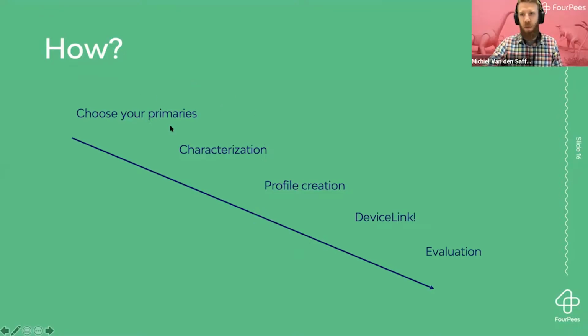First of all is the choice of primaries. We have to decide which primaries we are going to use for our process. Why do we want to use those primaries? These choices have to be made. Then we're going to characterization. We need a press where we're going to print these primaries, and we need to measure and characterize both the press and the primaries for printing so we can use the data. We'll need to create a profile to do both the characterization and the profile creation. You're going to need a good tool. For us, that would have been ColorAnt for creating the chart and measuring the chart, and ColorLogic CoPrA to create